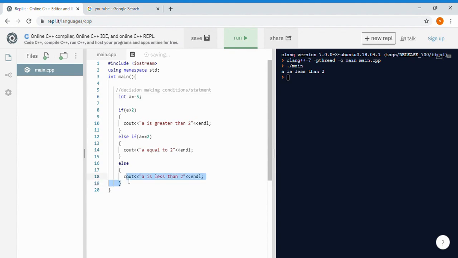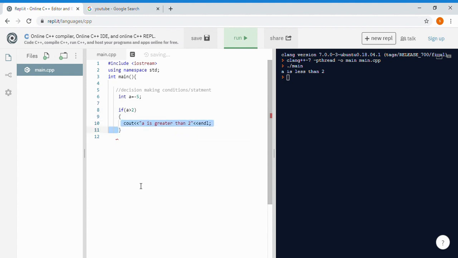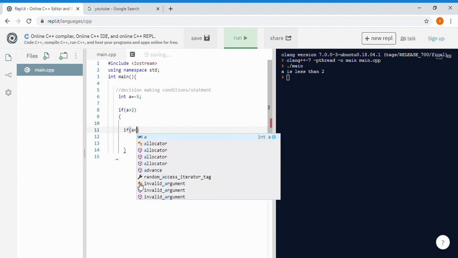Now let's do one more example of if. It will be a nested if, okay? So let's say if a is greater than 2, then we have to do one more if. It is called nested if, okay? If a is greater than 2 and make another condition: if a is less than 5,